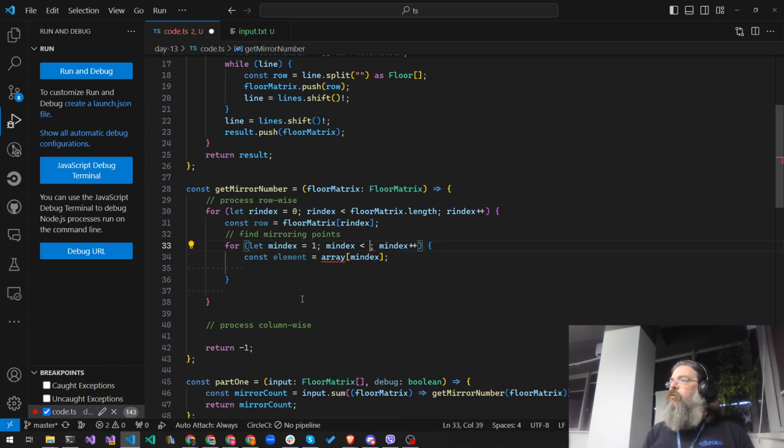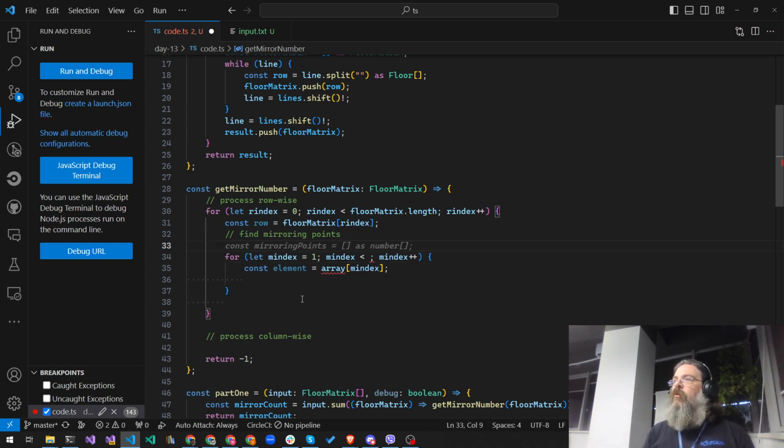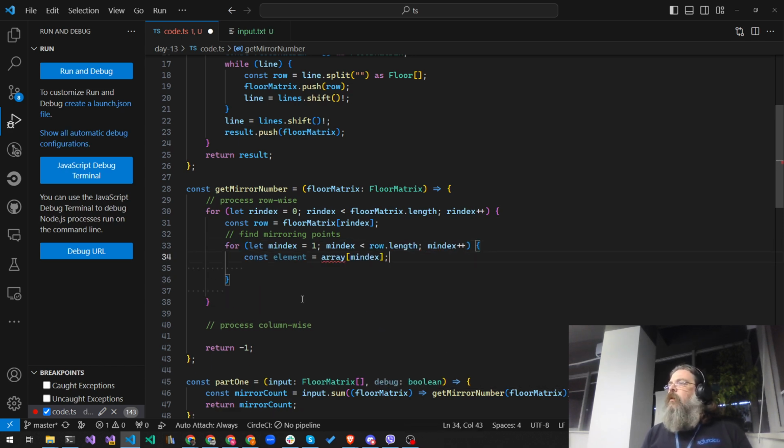We need to do it up to the length, so we can just use row dot length here. That's the possible mirroring points. Actually,